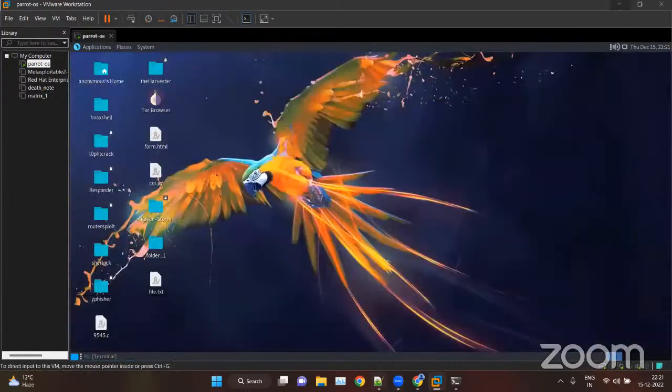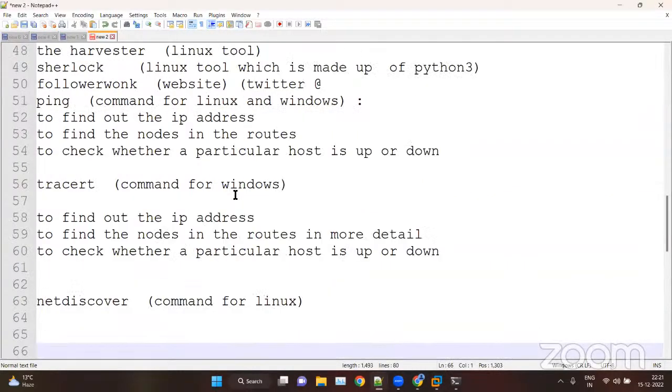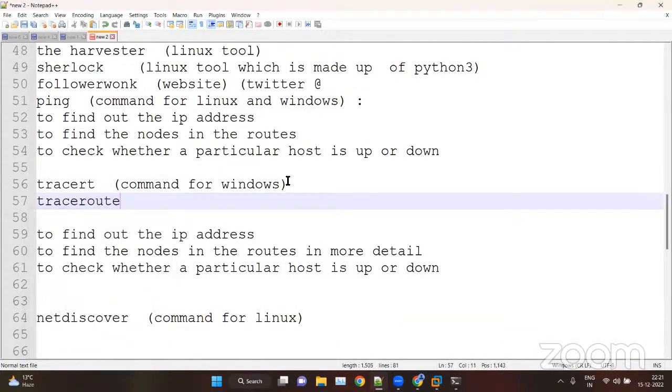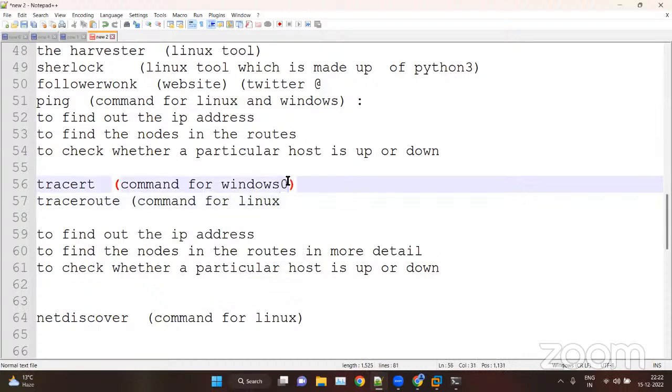Basically, we can go deeper into traceroute in the upcoming sessions, because traceroute is the command for Linux. It is a very powerful tool. We will gather more information with the help of ping as well as traceroute.